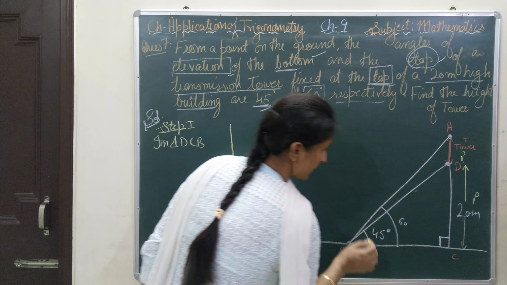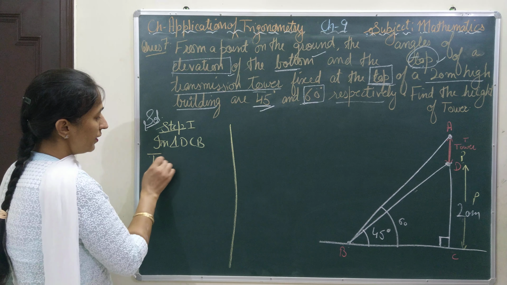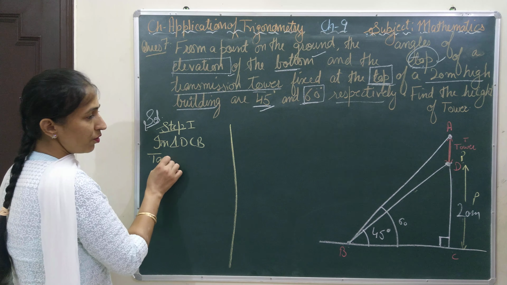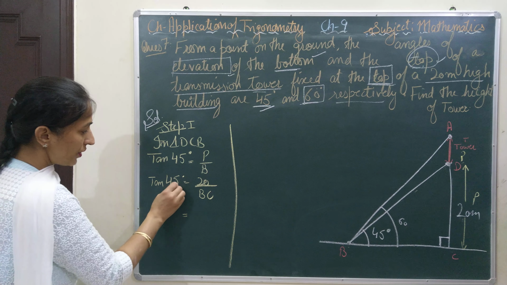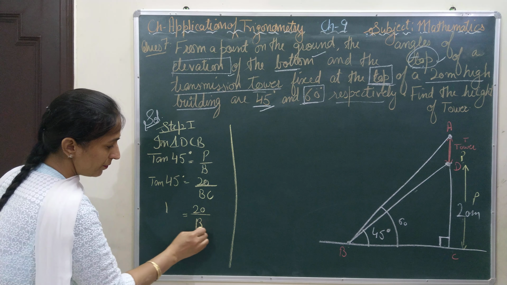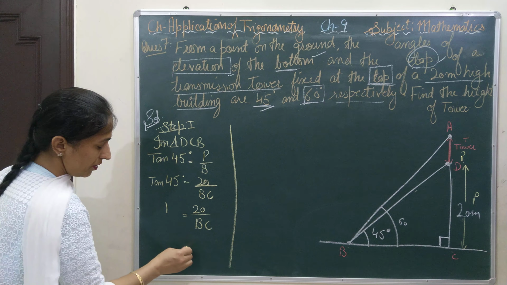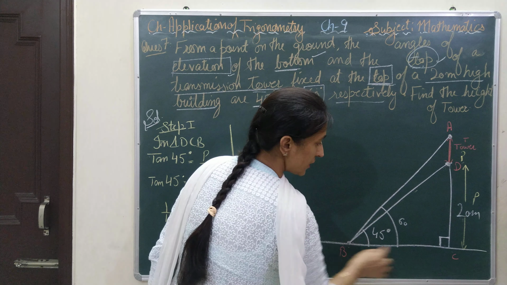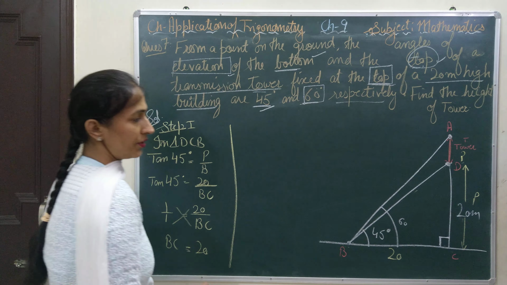That you will write as it is. So which formula are we going to use? It is tan of 45, because the angle given for this smaller triangle is 45. So it is tan 45 as perpendicular by base. Tan 45, what is the perpendicular? It is 20. What is the base here? You don't know. Write it as BC. Now the tan 45 value is 1, so 1 = 20/BC. Now you can cross multiply, and you will get BC equal to 20. So you have got that this length BC is also 20.